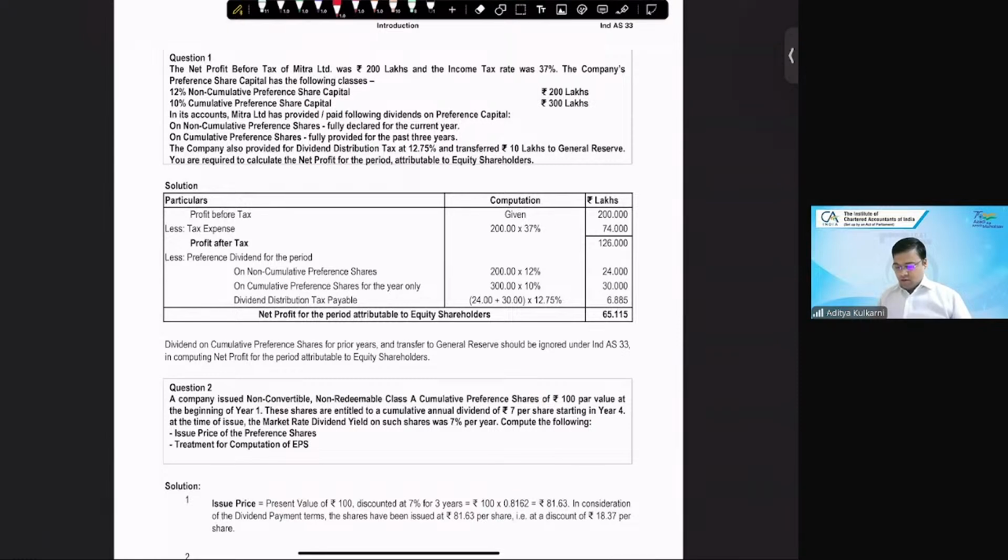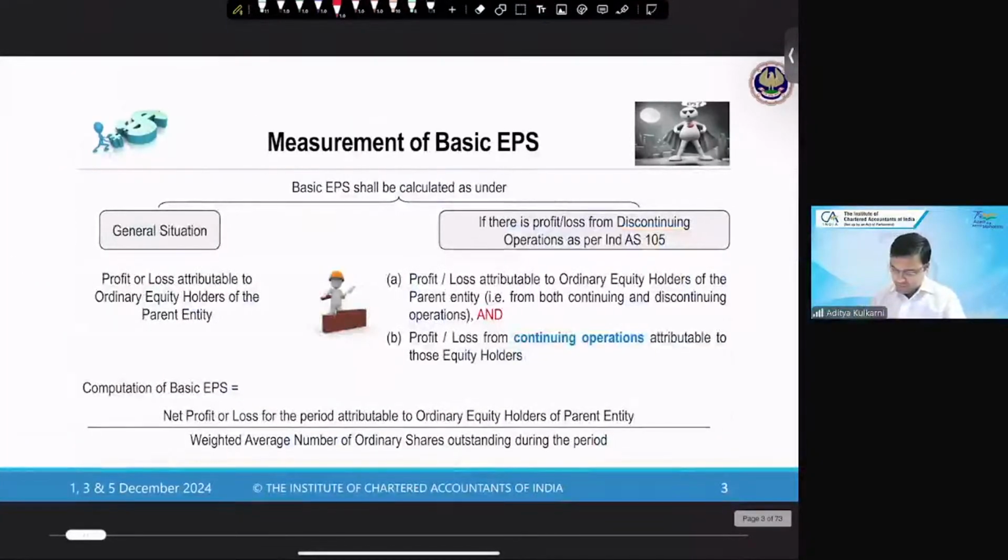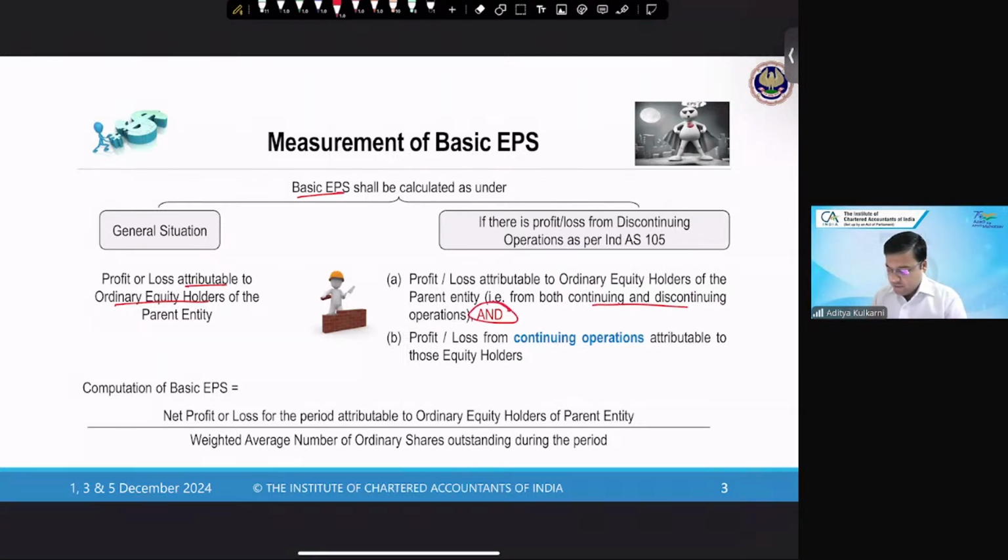Now, I discussed this with you. Basic EPS shall be calculated as profit or loss attributable to ordinary equity holders of the entity. If there is a profit from discontinuing operations, then profit or loss attributable to ordinary equity holders, that is from both continuing and discontinuing operations, and profit or loss from continuing operations attributable to those equity holders. We will come to this particular part